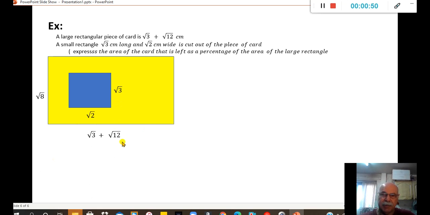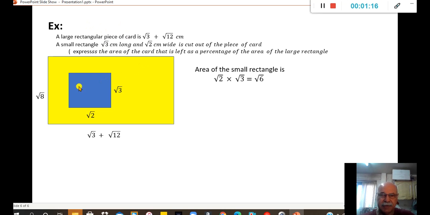This is the measuring of the big rectangle. The square root of 3 plus the square root of 12 is the length, and the height is the square root of 8. The area of the small rectangle is the square root of 2 by the square root of 3. In this case, the key to solve this problem is